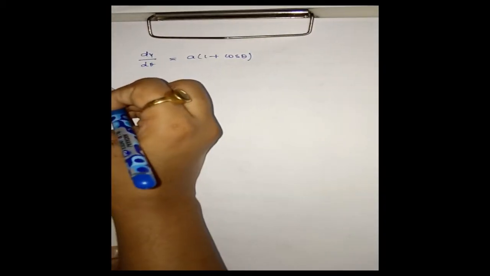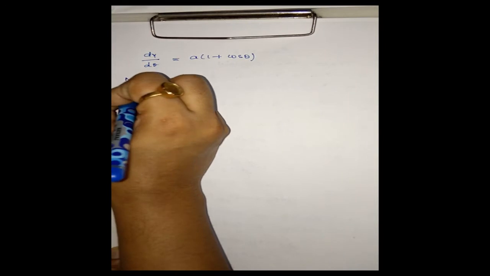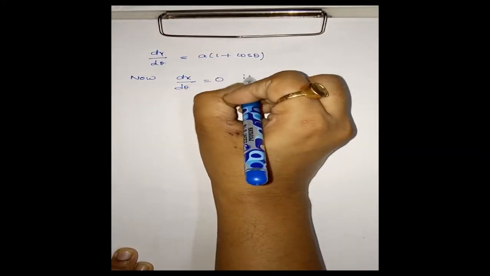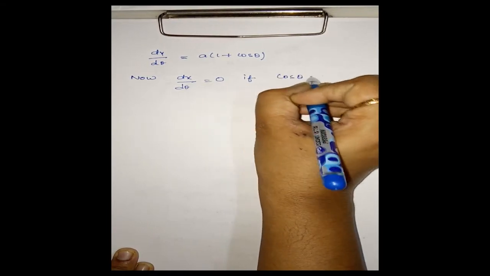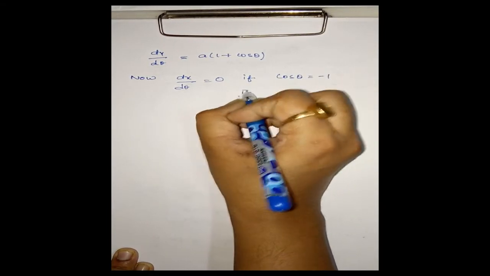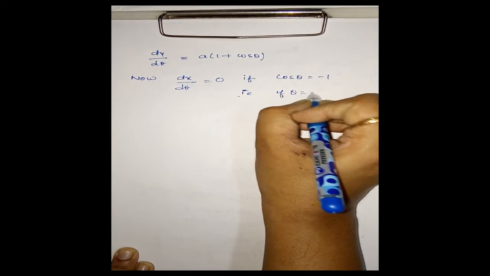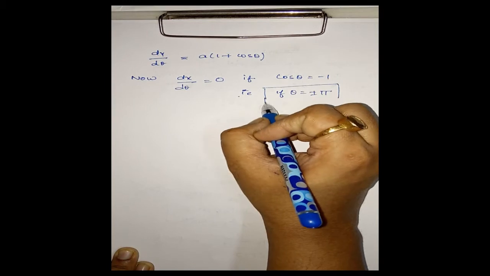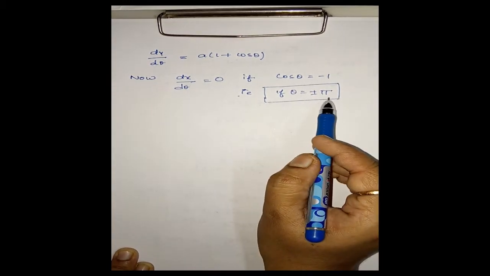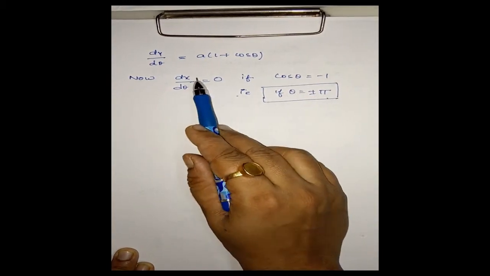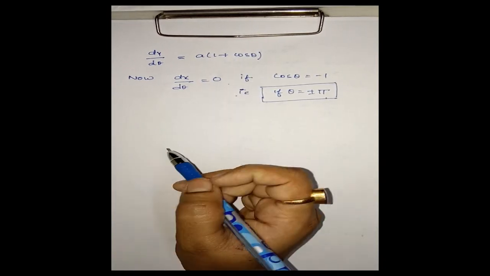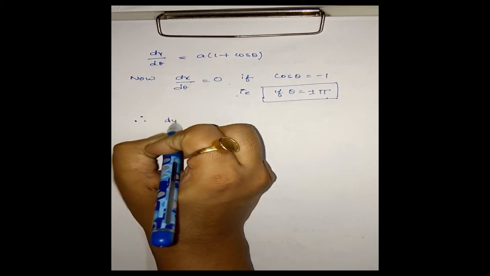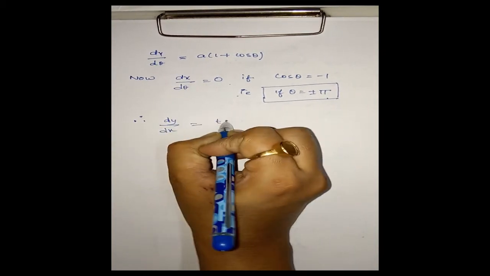Now dx/d theta is 0 if cos theta is minus 1, that is, if theta is equal to plus or minus pi. Since we are considering the interval minus pi to pi, at theta equal to pi or minus pi, dx/d theta is 0. Therefore dy/dx is equal to tan(theta/2)